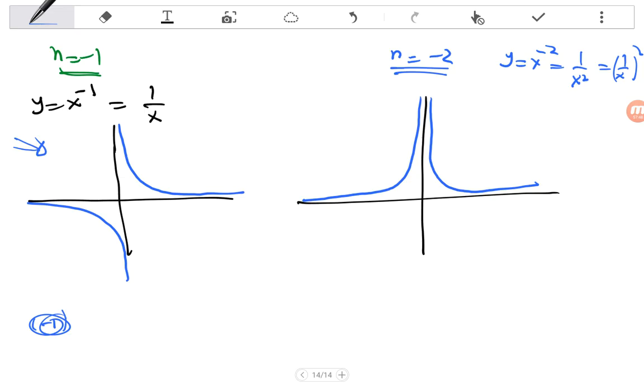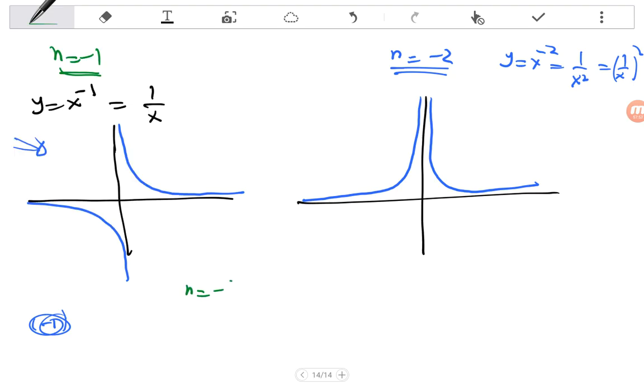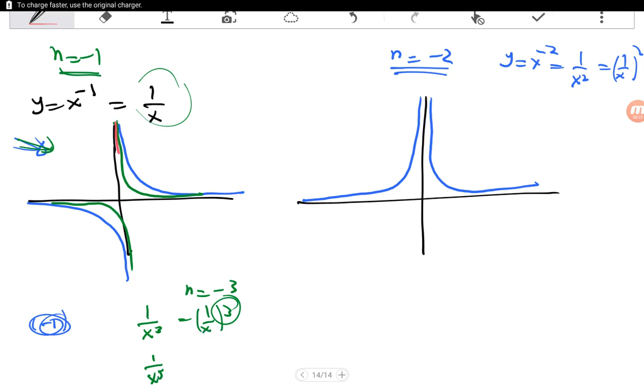Okay, so that is for n equal to -2. What about n equal to -3? That will be 1 over x all to the power 3. For an odd power, it will just be like 1 over x, but thinner or more compressed like this, and so on. If I need to find 1 over x to the power 5, it will be just thinner or more compressed like this,